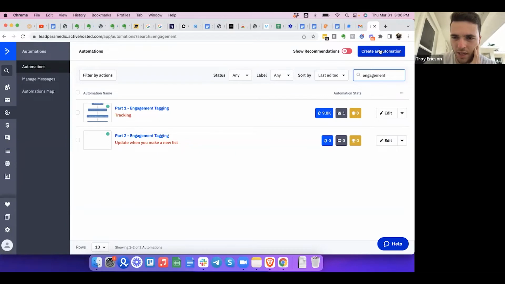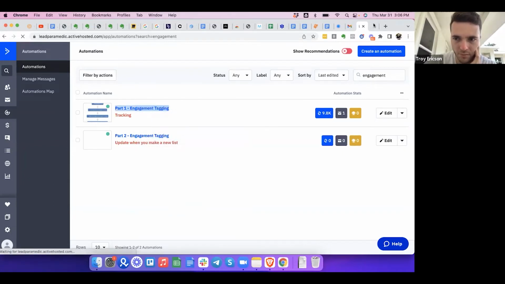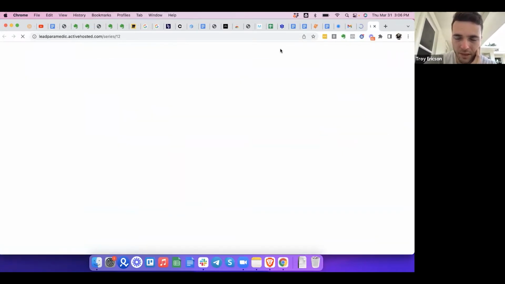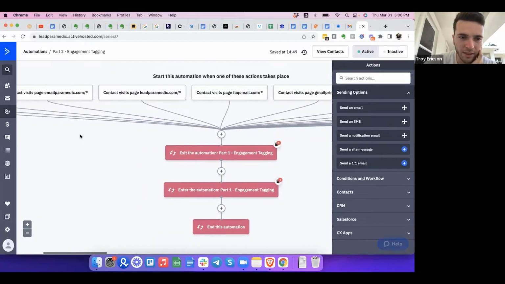You just go to create an automation, and then in the template box, put in engagement, and you'll see part 1 and part 2. So you want to make sure you set up both part 1 and part 2. They work together. So I'll show you both of them, and I'll just simplify it as much as possible. So basically, anytime somebody,